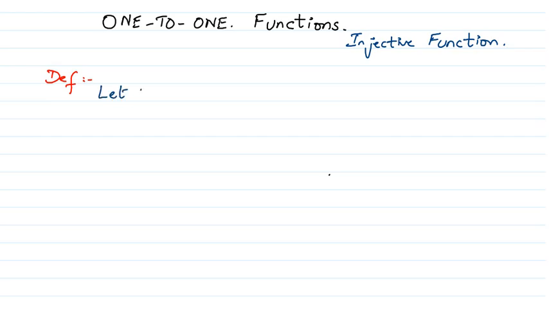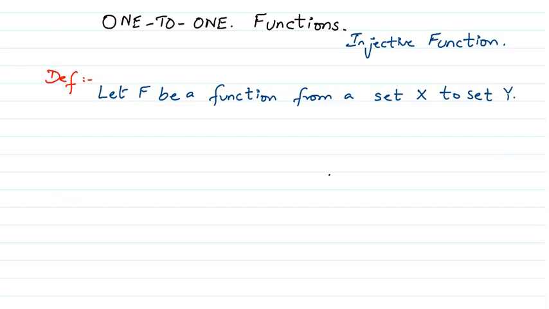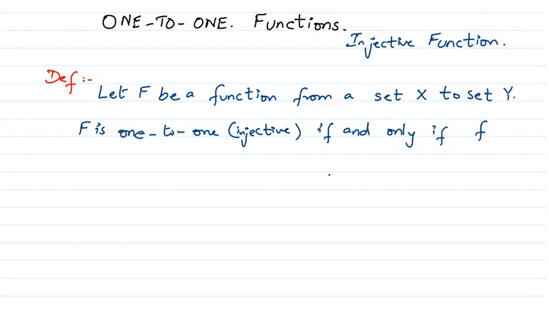Let f be a function from a set X to the set Y. f is one-to-one, or you may say injective function, if and only if for all elements x1 and x2 in the set X,